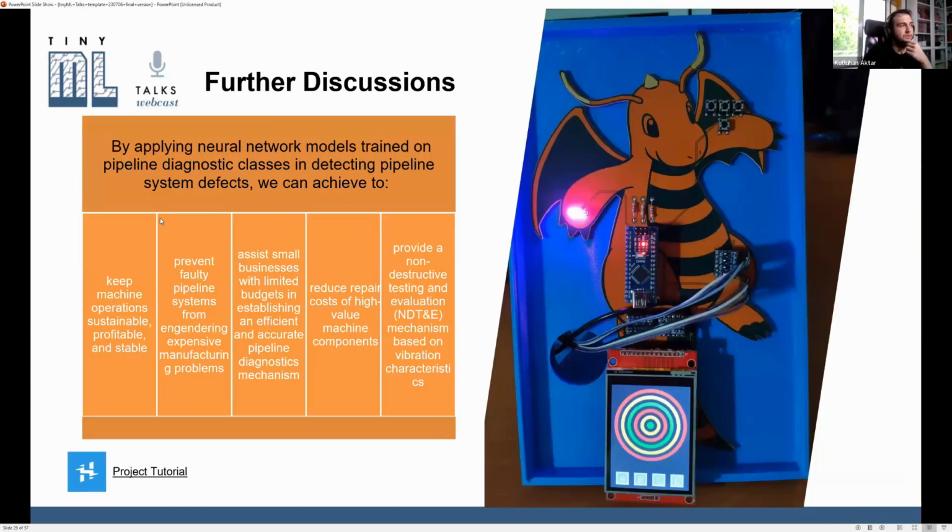Then what we can achieve by applying these models: we can keep machine operations sustainable, profitable, and stable, prevent fault pipeline systems from engendering expensive manufacturing problems, assist small businesses and factories with limited budgets in establishing an efficient, accurate pipeline diagnostics mechanism, reduce repair costs of high-value machine components, and provide a non-destructive testing and evaluation mechanism based on vibration. Again, I added the project tutorial here, so you can download all the model files and STL files